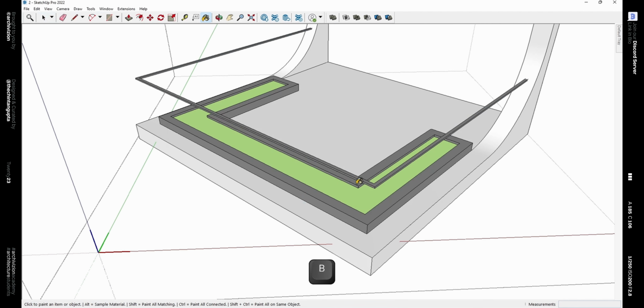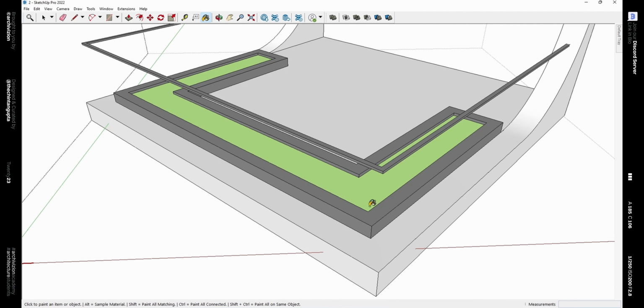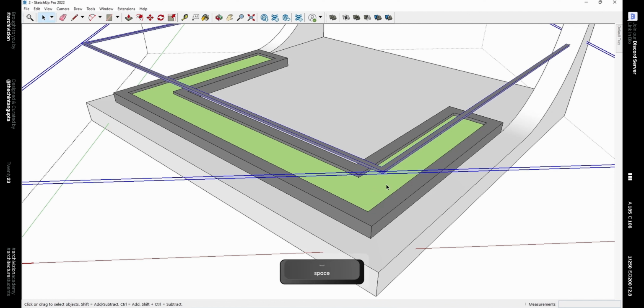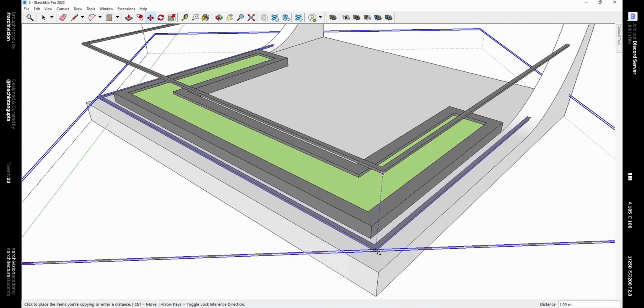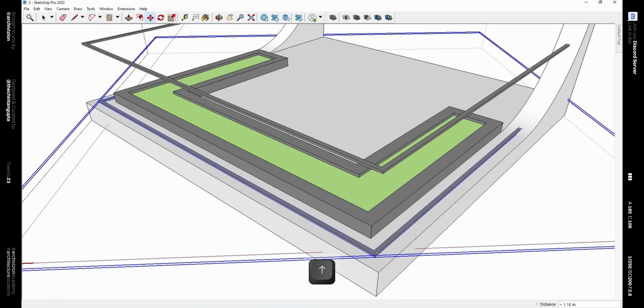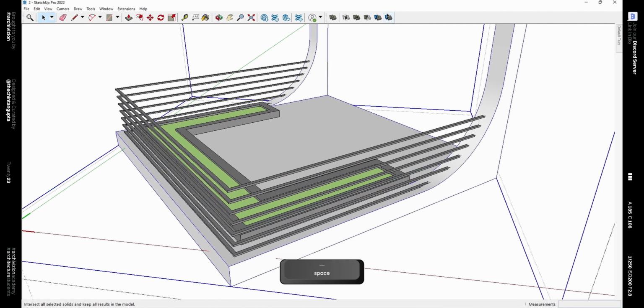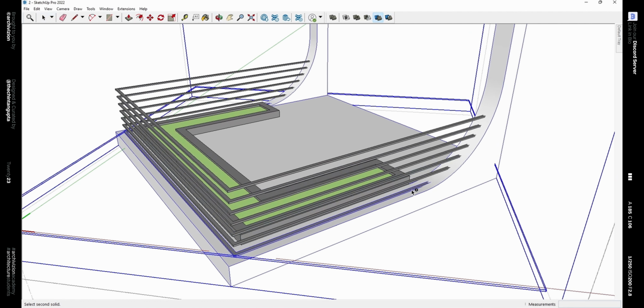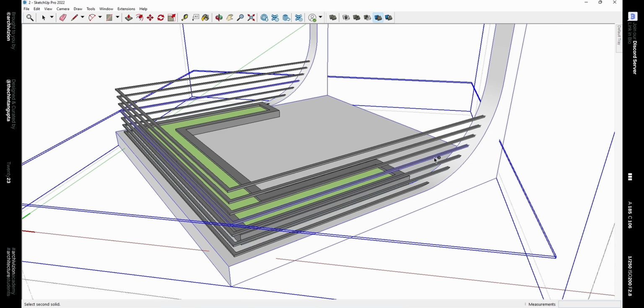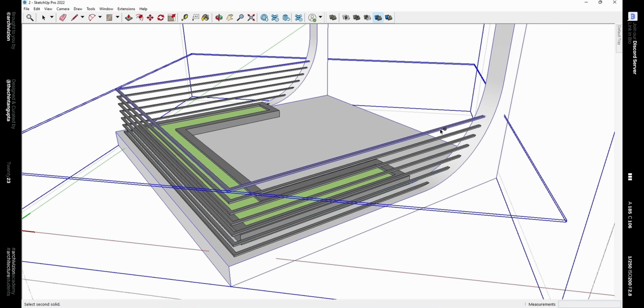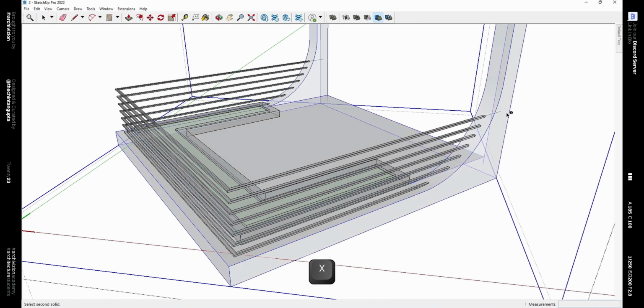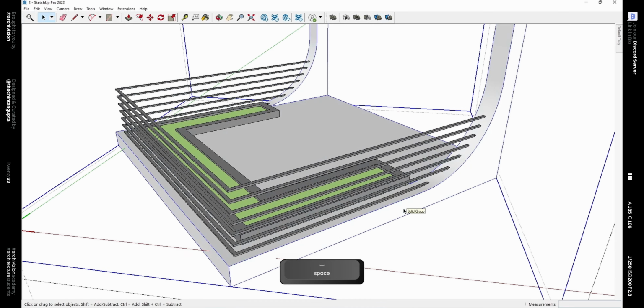Then make copies. For that, color this. Now we can drag copies of this using the move tool along with the control key as we did before. Make a copy over here and then type divide by 6. Now select the parent group, go in the solid tools panel, click trim, then click on each individual railing to trim these. That would trim all the railings.